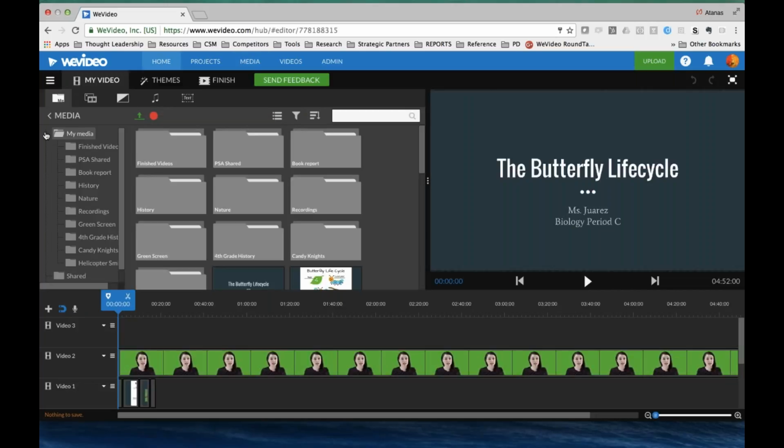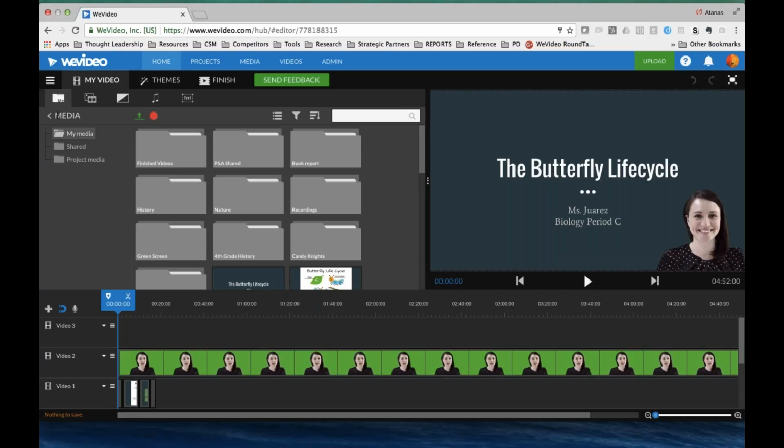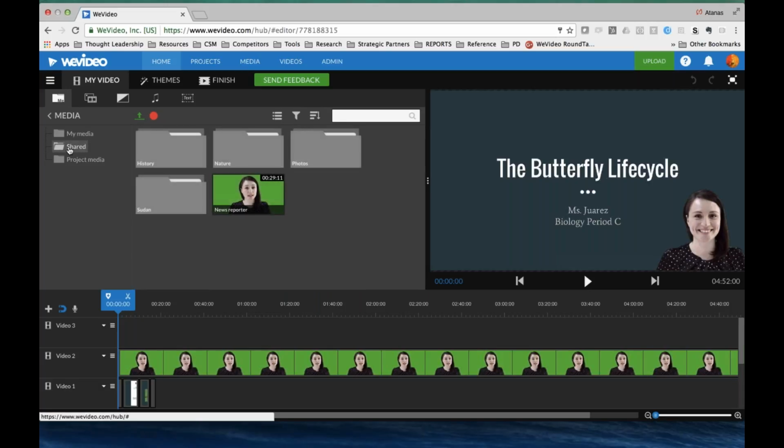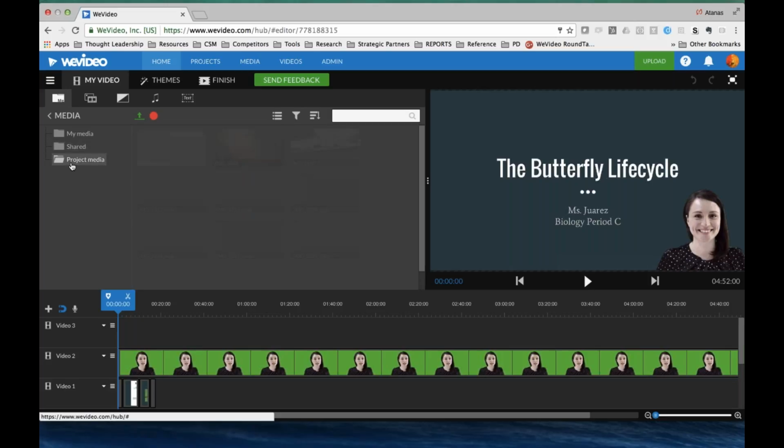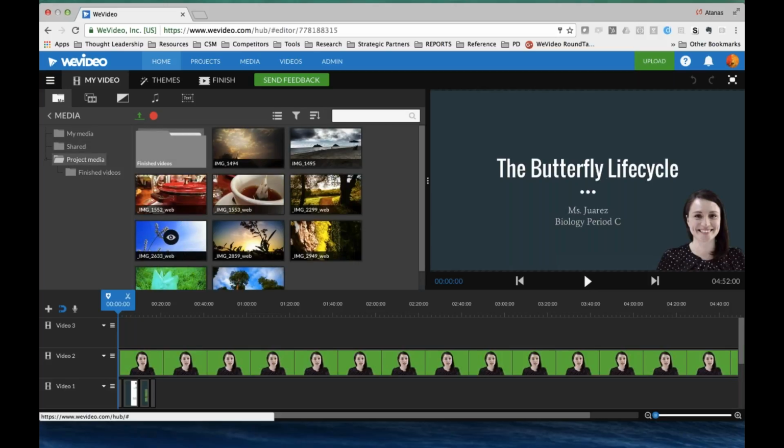So you must be in the media section here, and then you see my media, which is my private stuff, which for a newbie, kind of a new user who's never used WeVideo, will be empty. But that user can immediately go to that global shared folder and grab some content from here, or use that project media that will be specific to whatever topic they're doing their story on. So I hope this made sense, and I think that sharing aspect is extremely powerful, especially in a large account.